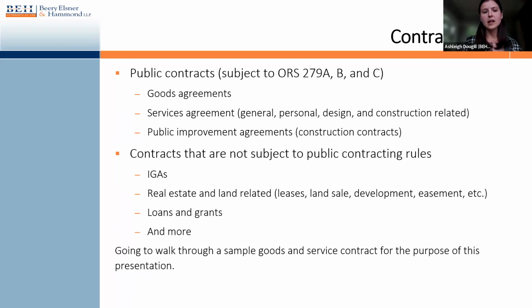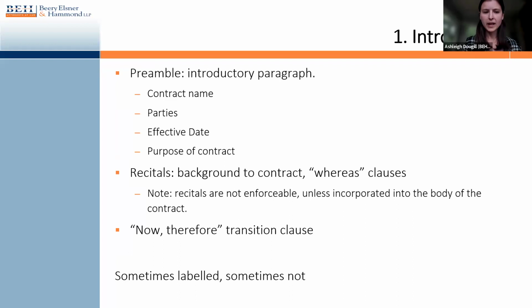There are also a number of contracts that are not subject to any public contracting rules, but may still require negotiations or certain public contracting terms. This is a non-exhaustive list. There are more that are set out in state law. Again, my prior presentation about procurements and public contracting types goes over all of this, but this is just a brief reminder. All right, so in that first category of introduction, which is the first part of an agreement, ideally,